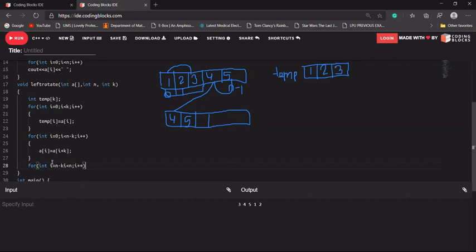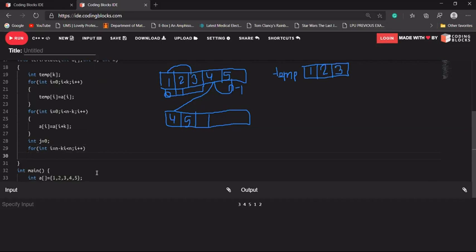Let's take another variable, int j is equal to 0, to keep track of the temp array. So a of i, which is a of 2, will be temp of j.